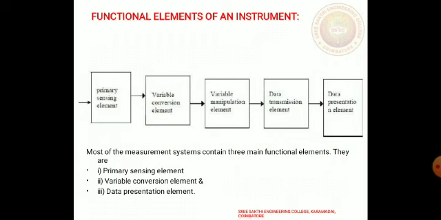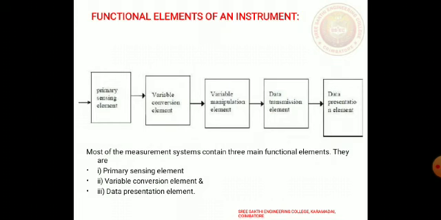Now we discuss the primary sensing element. The quantity under measurement makes its first contact with the primary sensing element of the measurement system. That is, the unknown quantity which is to be measured is first detected by the primary sensor, which gives the output in a different analog form. The output is converted to a signal by a transducer. Basically, a transducer converts energy from one form to another. The first stage of the measurement system is known as the detector transducer stage.